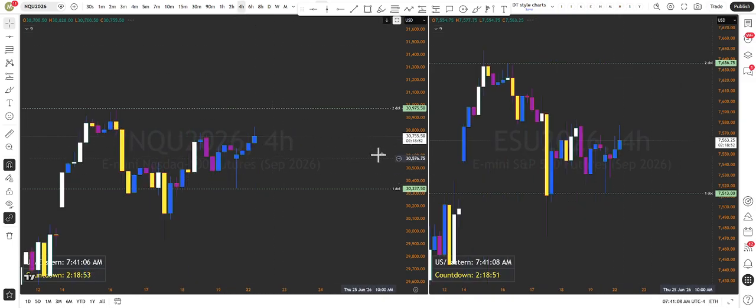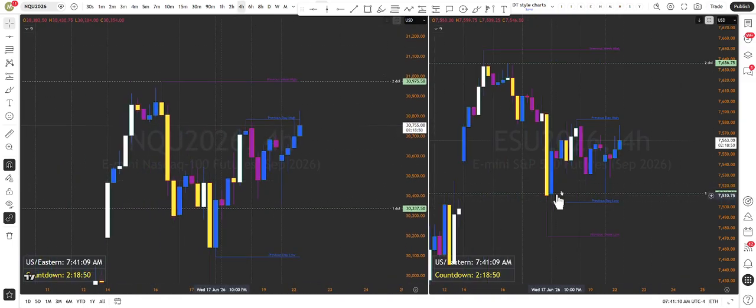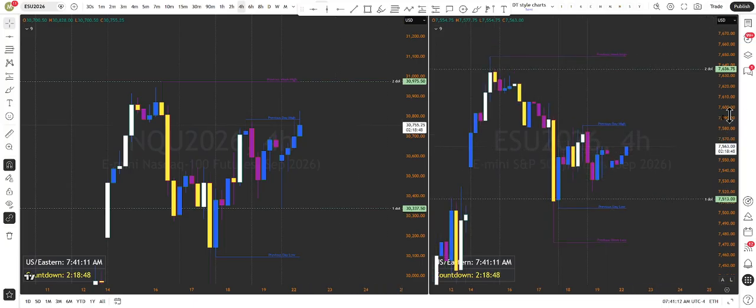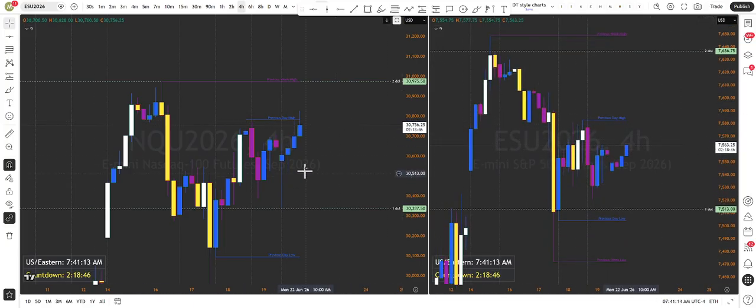So we'll go back to the 4 hour. We marked out the draws on liquidity that I think for the day. Now we just look for some fair value gaps inside here, because if we go outside there, you got to reanalyze. So on the 4 hour, I really don't see it. Oh, there we go. On the ES, you got